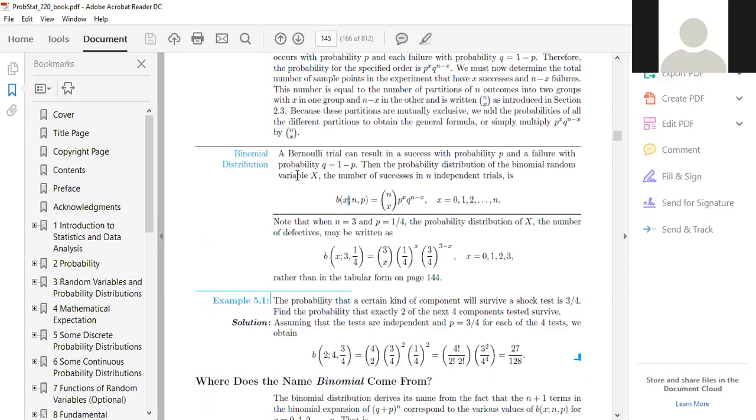And why this binomial, that we will discuss later, but let me just stop sharing this one and let me go to my whiteboard. My whiteboard says that the Bernoulli trial can result in a success with probability P. So the definition says that the Bernoulli distribution,